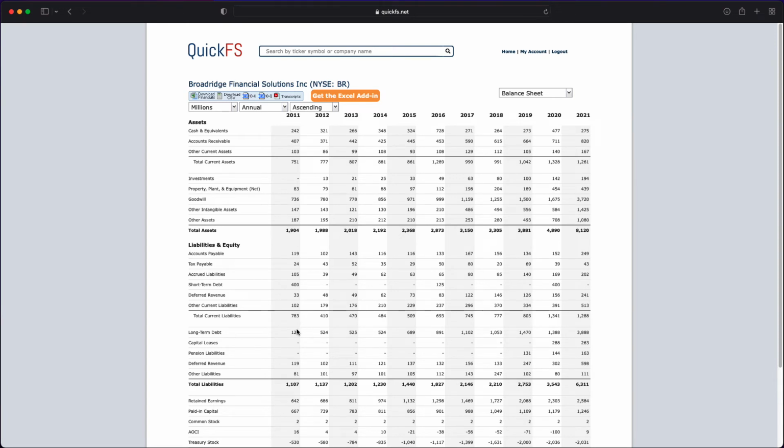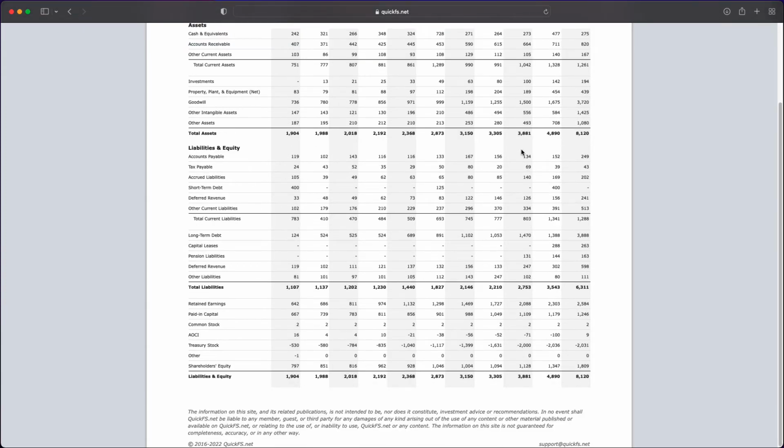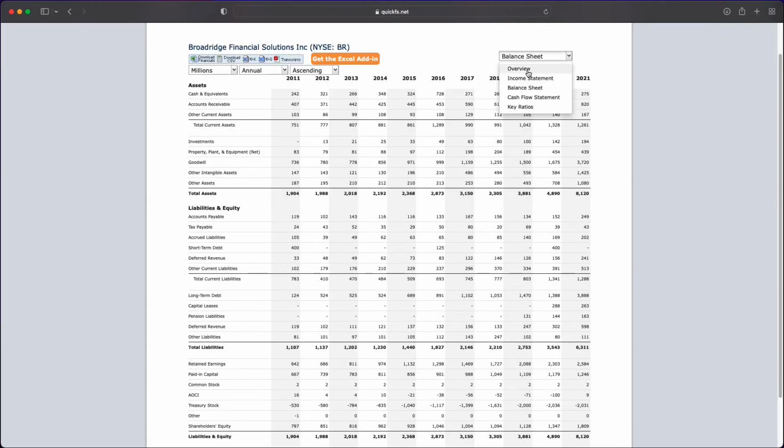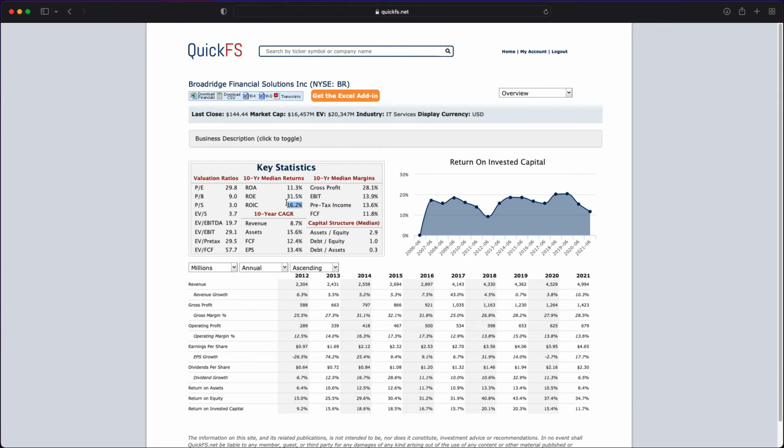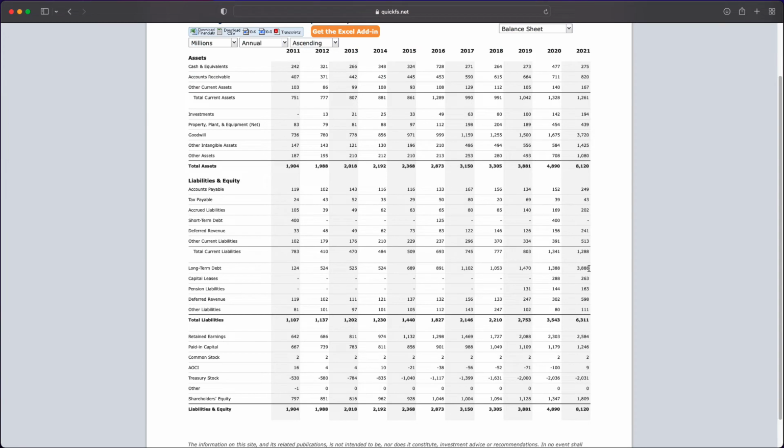Now, they've definitely 10x'd or more their long-term debt. They basically had negligible long-term debt at the beginning of the decade, and now they're at $3.8 billion. So they're adding some leverage to the business. They don't really need leverage on this business because you see the return on invested capital is already at 16%, but it looks like maybe they're taking advantage of low interest rates, especially for making the acquisition that they clearly